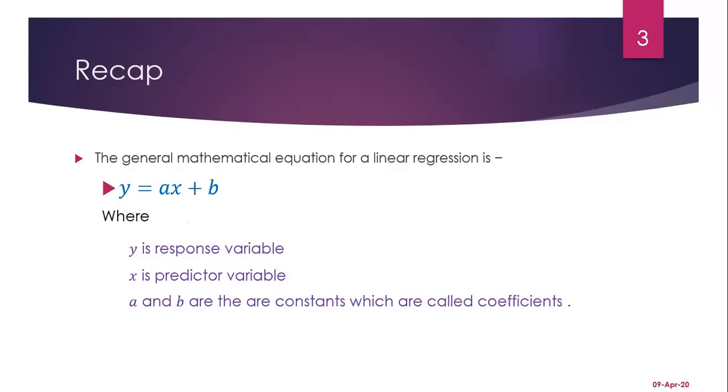Of the regression models that we will be discussing, one is the simple linear regression model, which you are seeing now, y is equal to ax plus b kind of model. This is the simplest linear regression model, when there is one predictor variable. The response variable is 1, the predictor variable is also 1, and both exponents of x and y are 1, the coefficient of x is a, and b is a constant. This kind of model is called a simple linear regression model because there is only one predictor variable. If the number of predictor variables is more than one, it is called a multiple linear regression model.